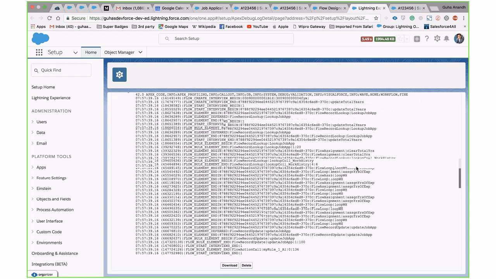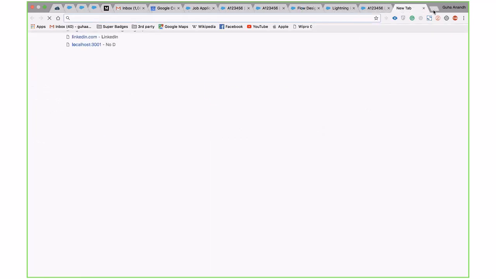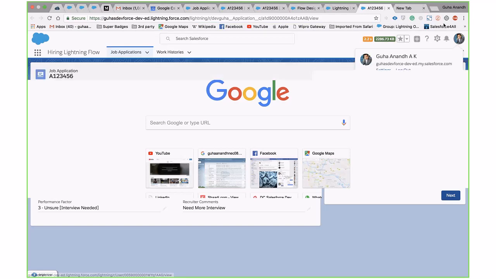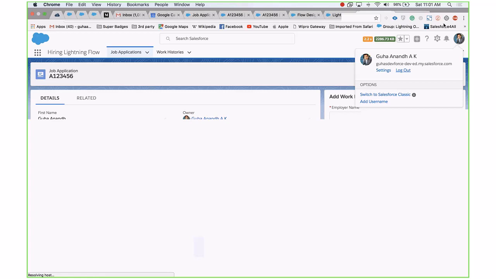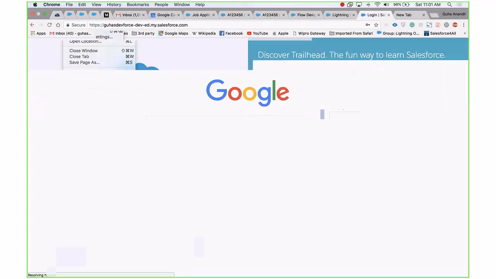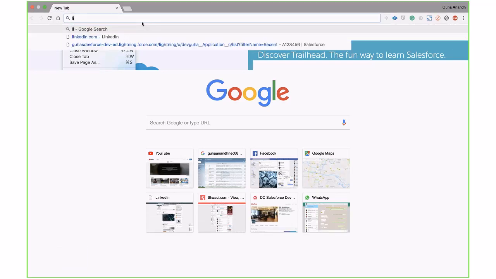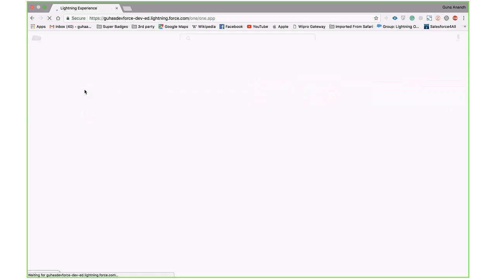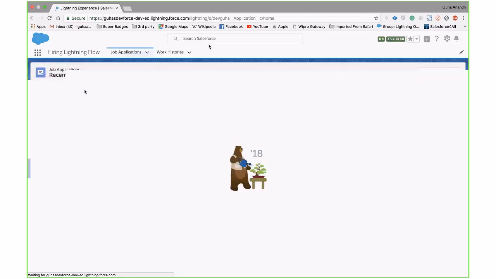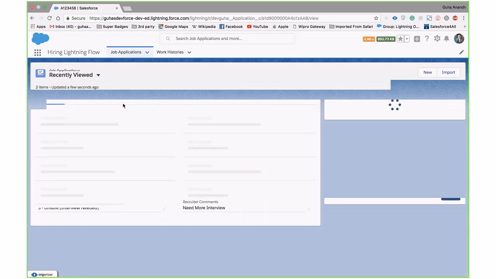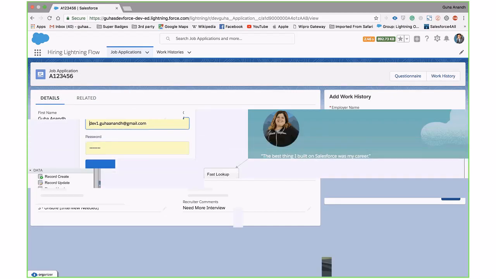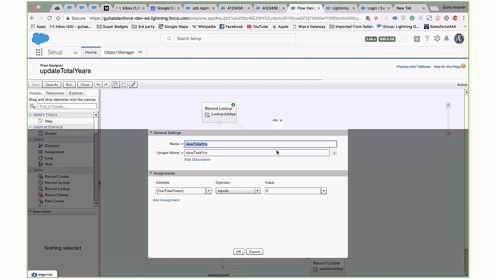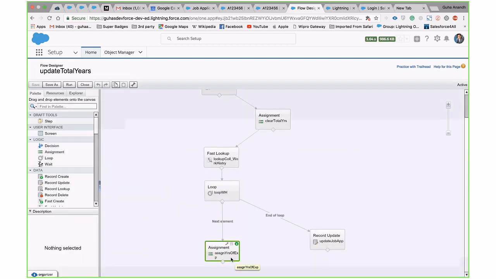Let me do one more last thing. I'm going to log out and log in again just to clear up the cache. Yeah, there's definitely something wrong with the flow. The flow is not updating the record. So the only way you can debug is